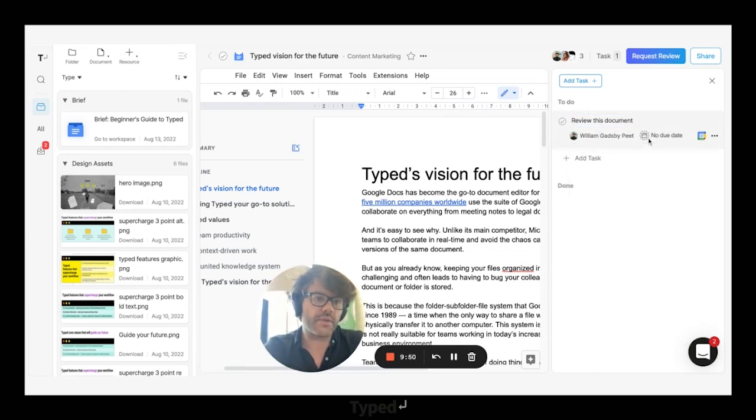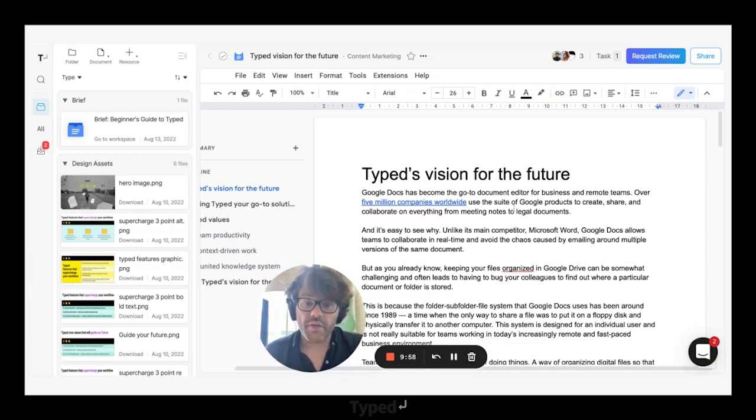So we'll assign that to me. We'll give it a due date of next week, and then I can push that to my Google Calendar if I want. One of the other fundamental features of Typed that really sets it apart is your ability to share